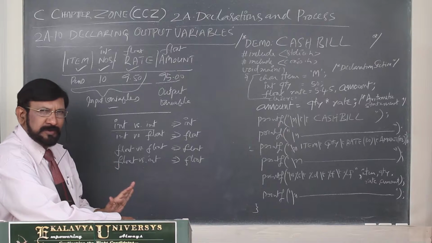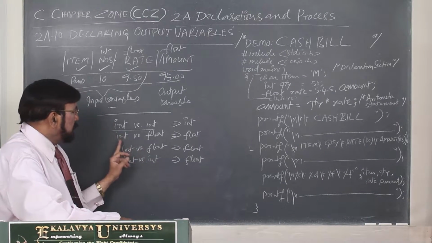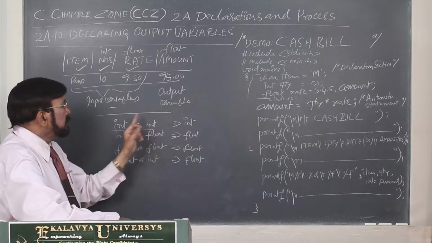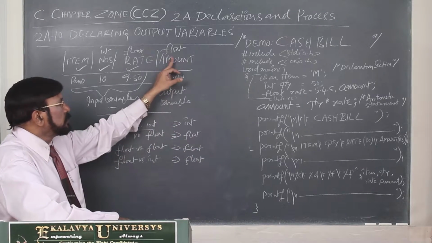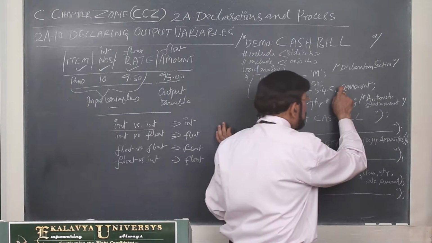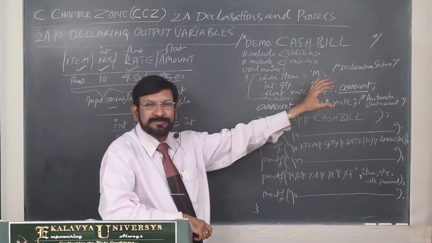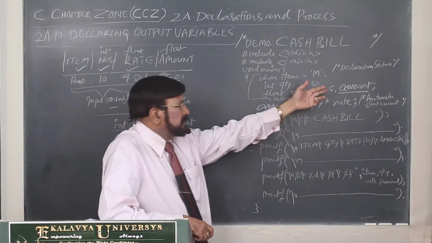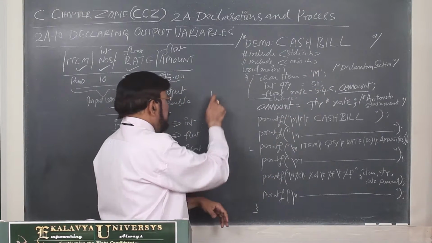Always remember that point. How you are arriving at that, you know. In this case, you are doing int versus float, so the output variable type should be float, so amount should be declared as float. That's why we declared amount here. So we are creating a reservation. Amount is a reserved variable for output, because immediately output is not available. That's why, for amount's sake,